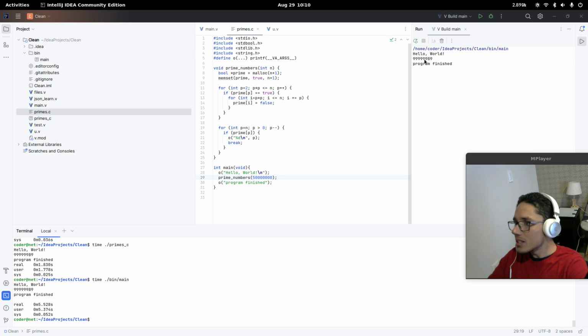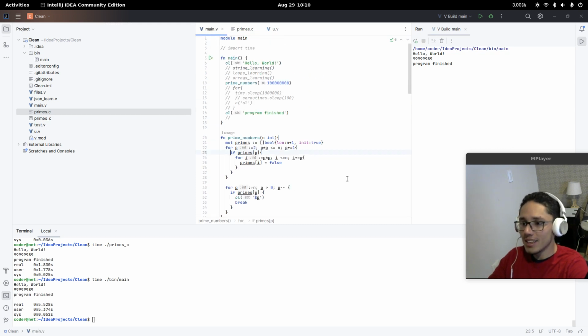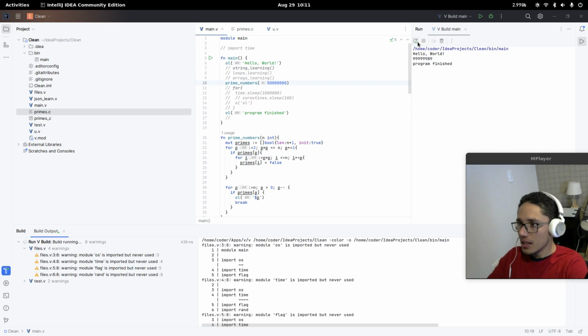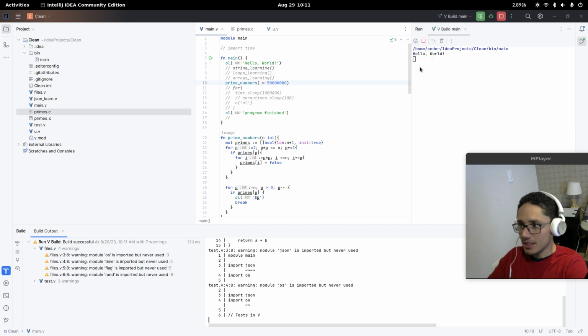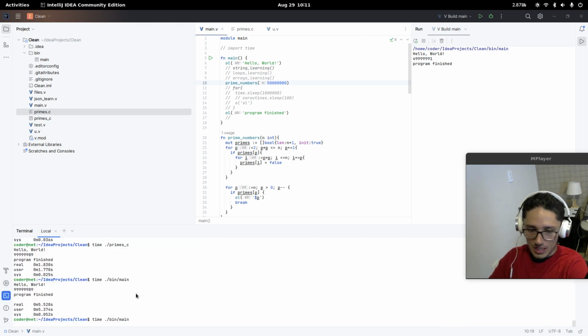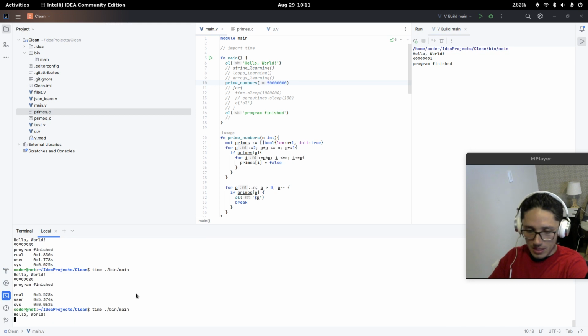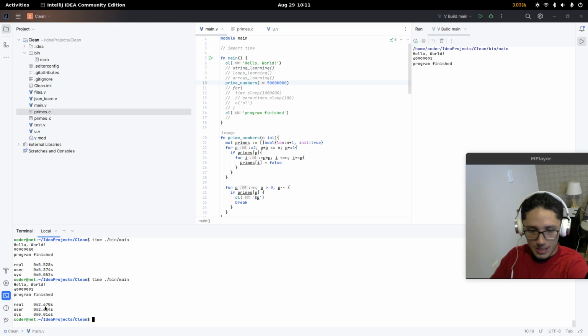I'm sorry, this is not correct. I'm sorry, I changed the C file. I have to change the B file. So, sorry, my mistake. So, 50 million. This should be faster, right? Okay. Let's see how much time it takes to run primes up to 50 million. Okay. So it took roughly half, a bit less than half,